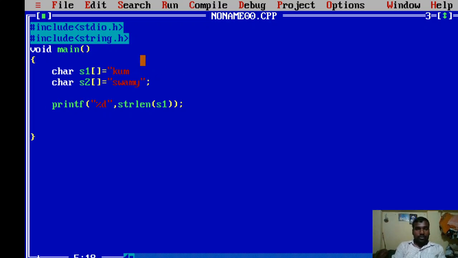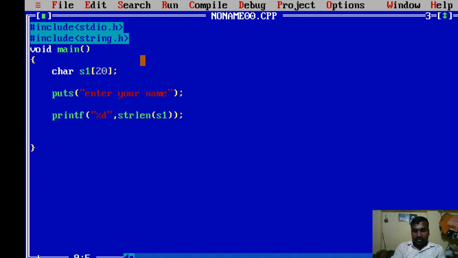now I am trying to use the gets and puts functions. Puts, enter your name, and then gets.